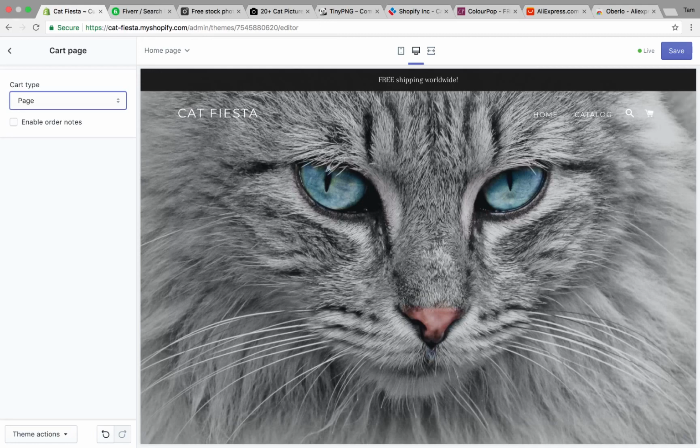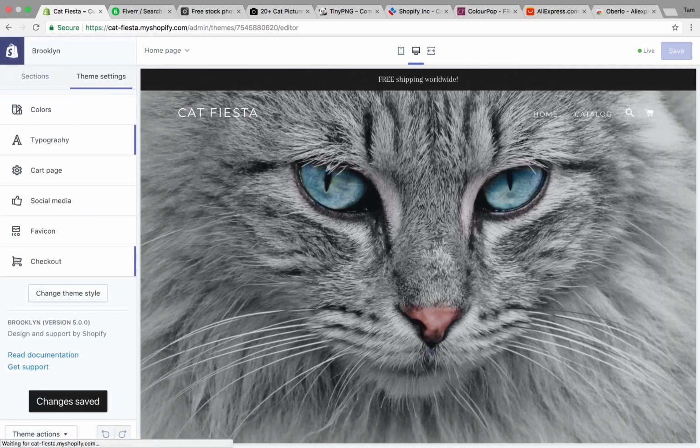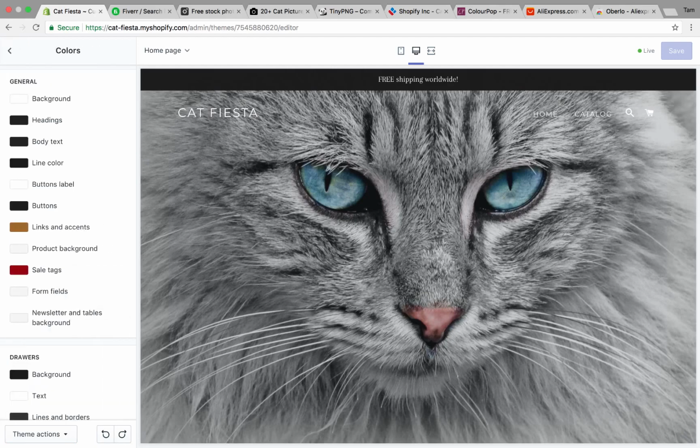And so when you do retargeting campaigns, or when you want to send emails to customers that only got to your add to cart page, it's much easier than if you had it as a drawer. So after you're done, you want to go to colors. Okay, so all right,